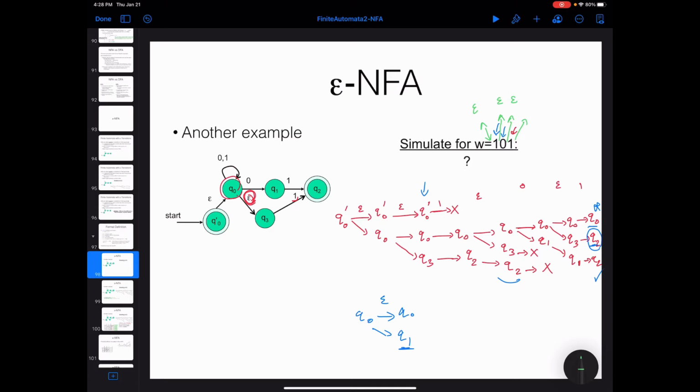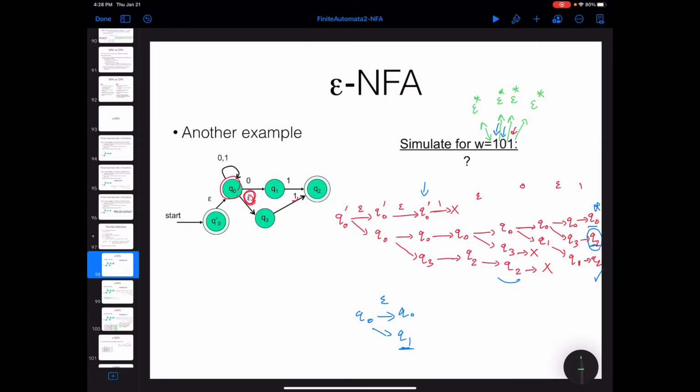And not only one epsilon transition; depending on your transition diagram, depending on your epsilon NFA, you might apply the epsilon transitions more than once. In this example, we just applied it once, but in some cases, you can apply it more than once. So I'm actually putting the closure here. This basically means that you are applying epsilon closure before and after reading every single input symbol